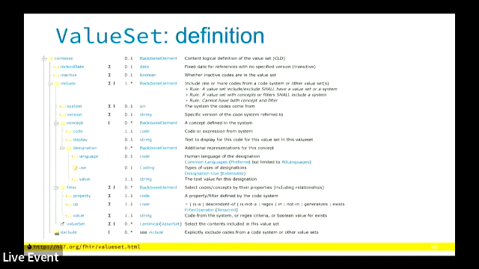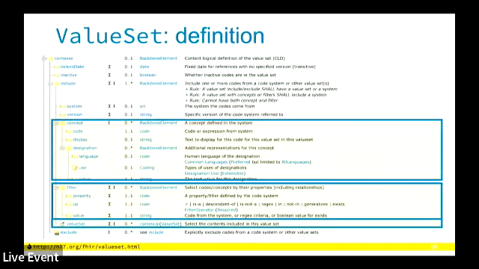And there are really sort of three main features in the value set definition that you can use to select codes from different code systems. The first way is to use the structure here for concept, where you can kind of just list out the codes that you want to include in this set, kind of enumerate them one by one. That can be handy. The second way that you can compose the definition is to use filters, which interact with those properties that are defined to provide kind of a query